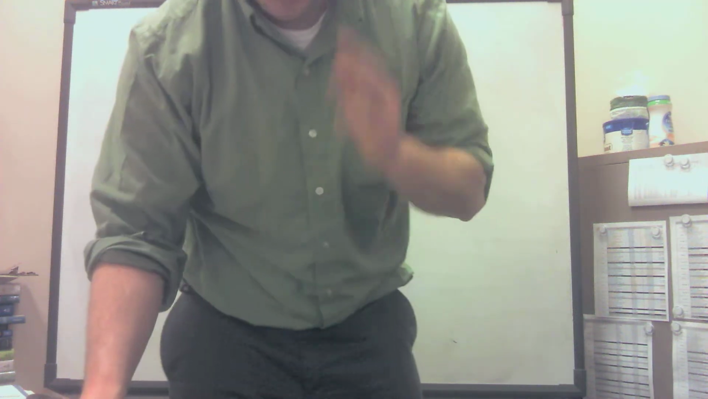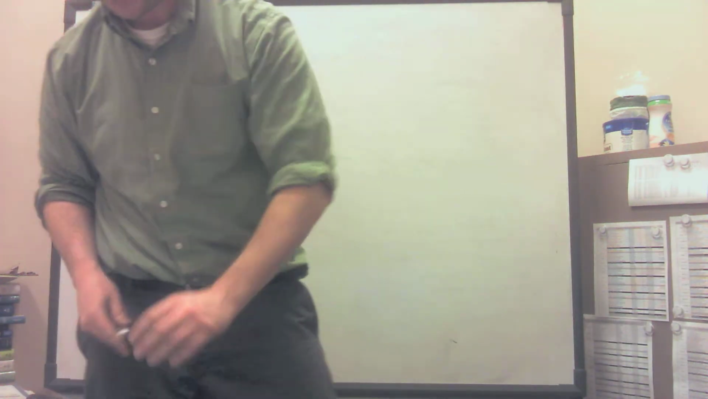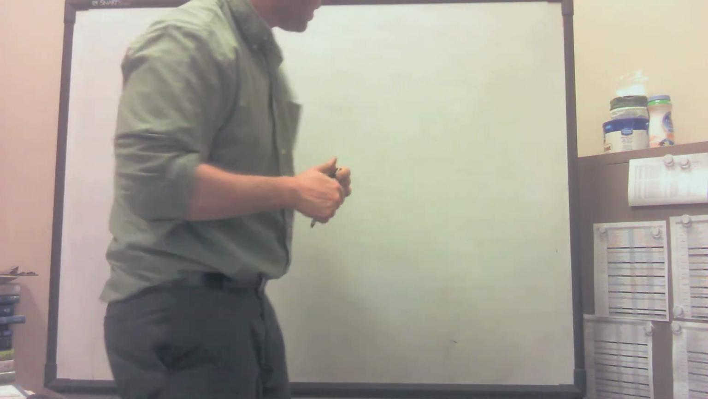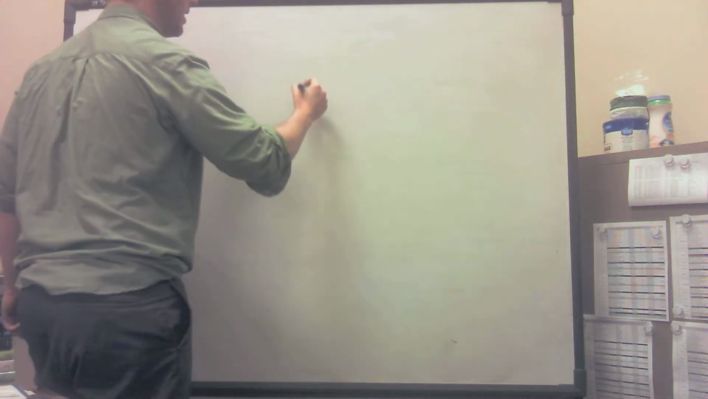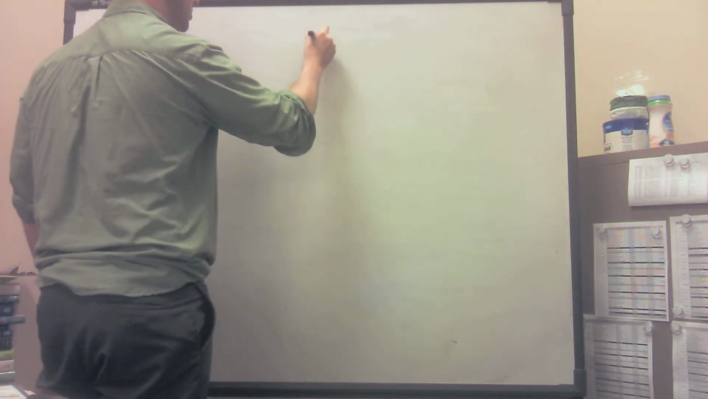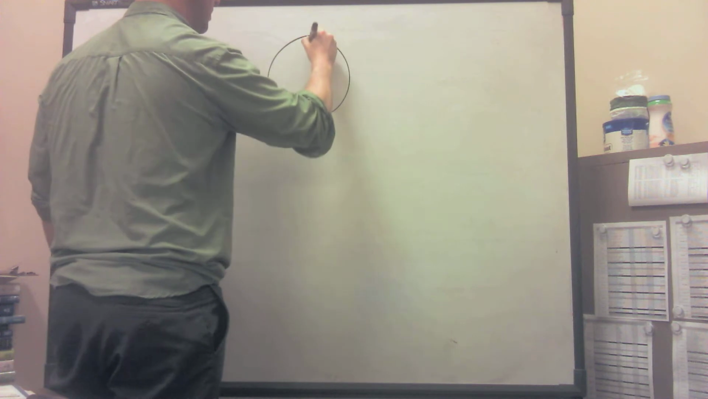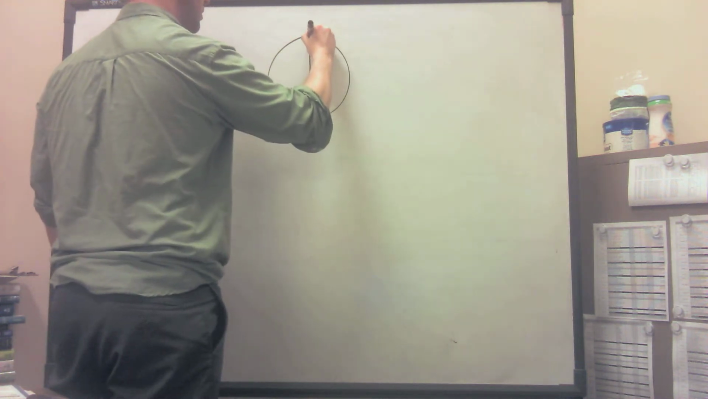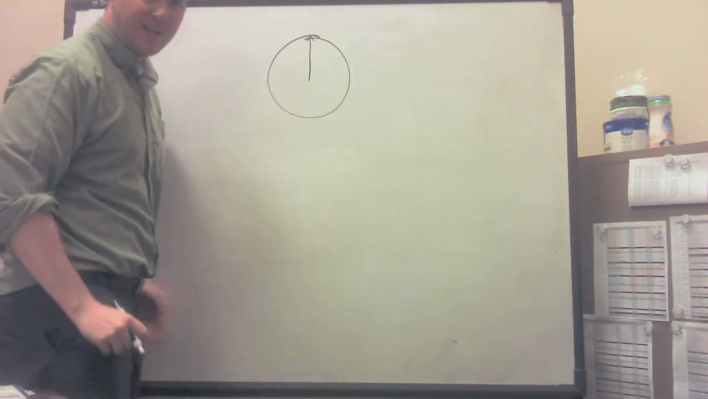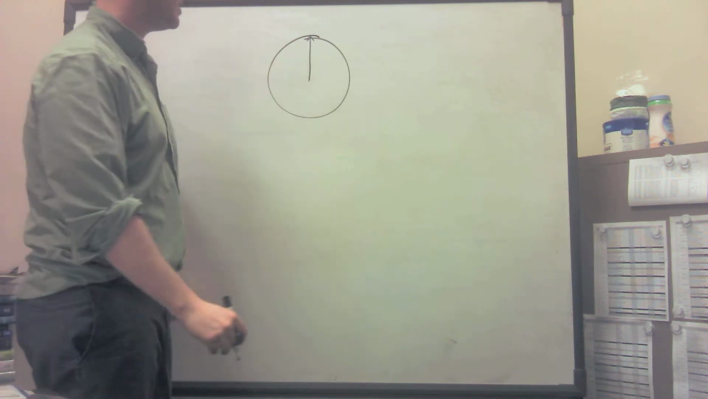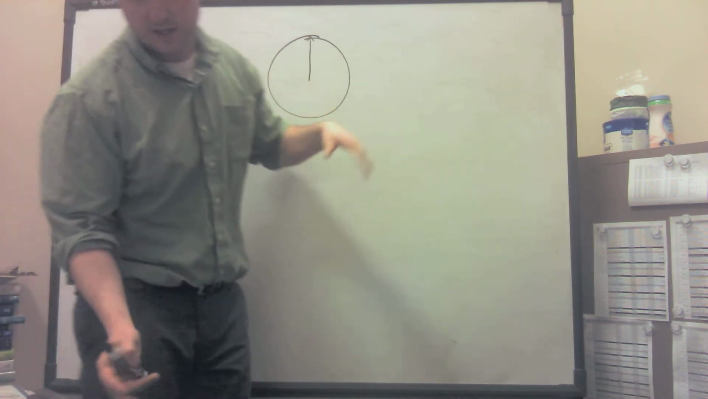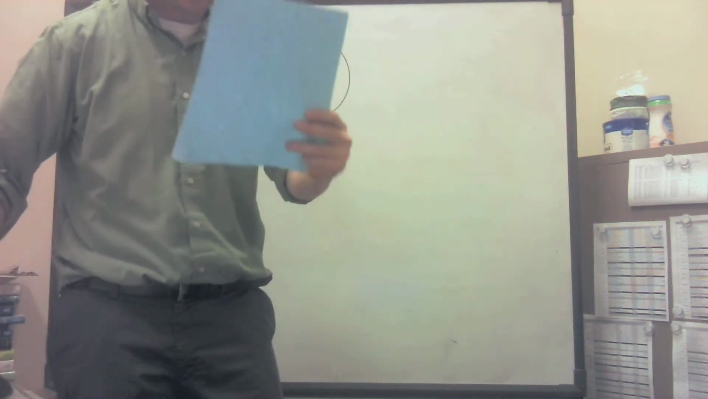Okay, so where were we? Find the angular velocity of the minute hand of a clock. So if we've got a clock, assuming the minute hand, we're just looking at the minute hand made by this circle, find the angular velocity of this minute hand